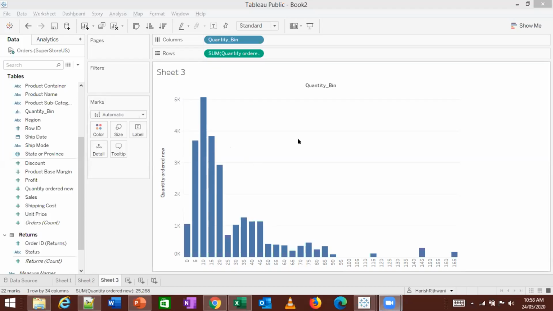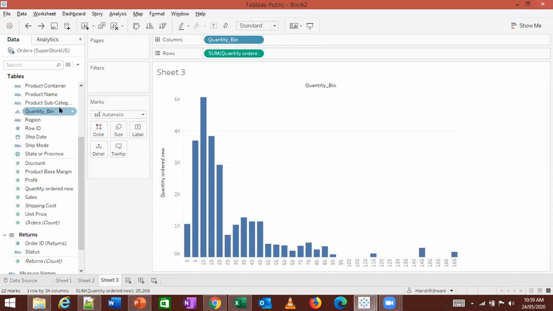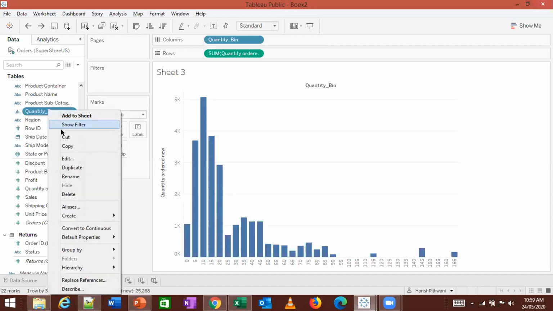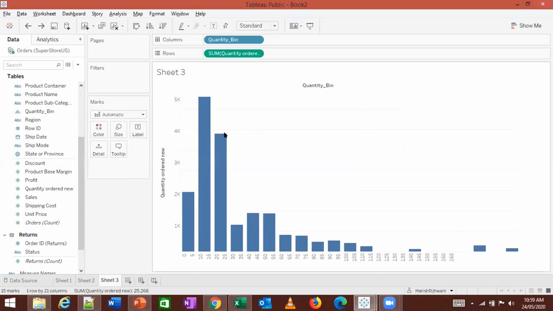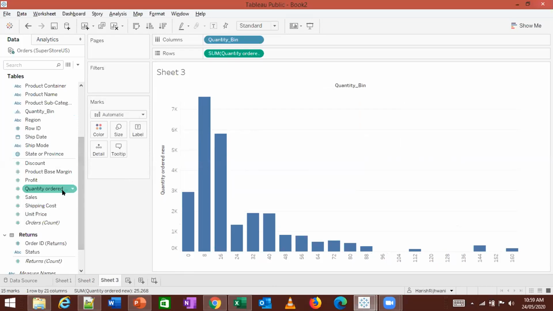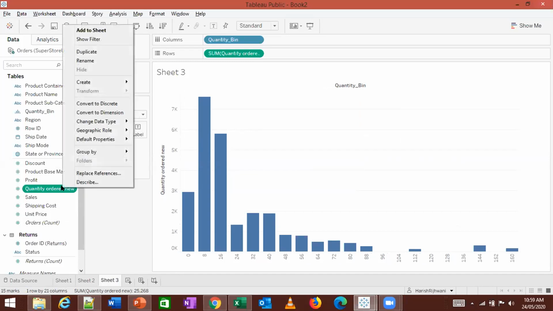So let's say now I want to change the bin. What I'll have to do is edit this and manually go and change this. But I don't want to do it this way. So what I do is I create a parameter.